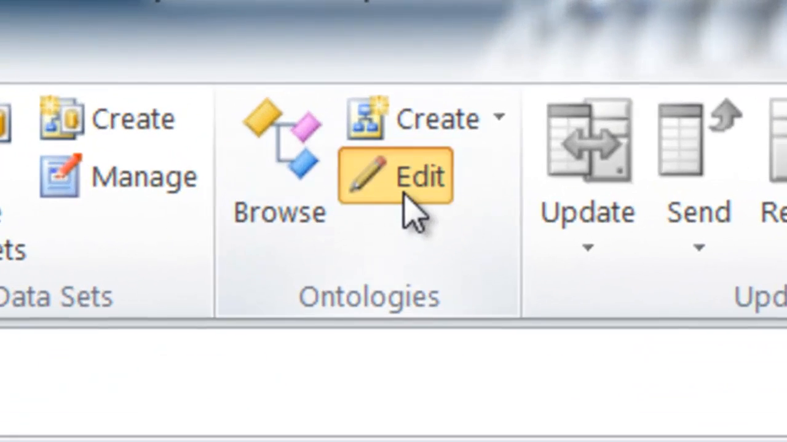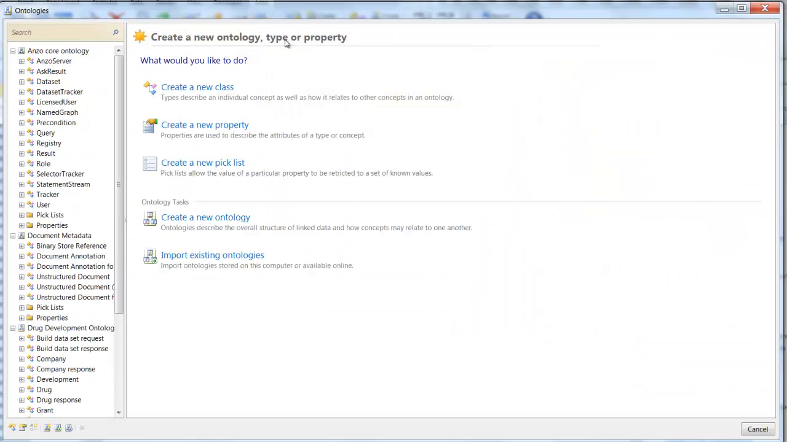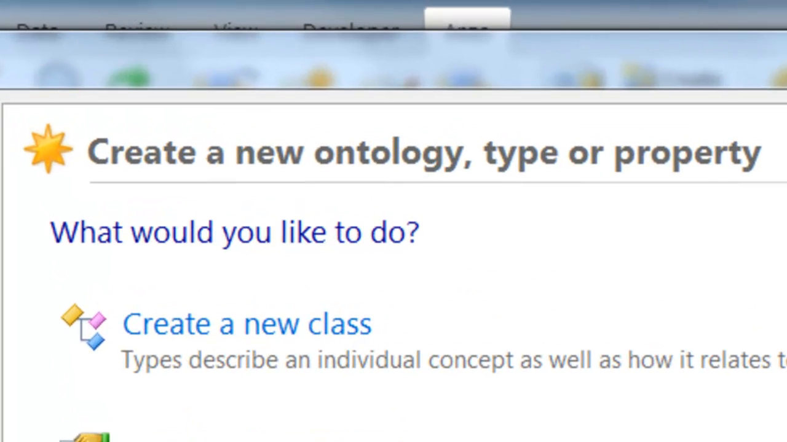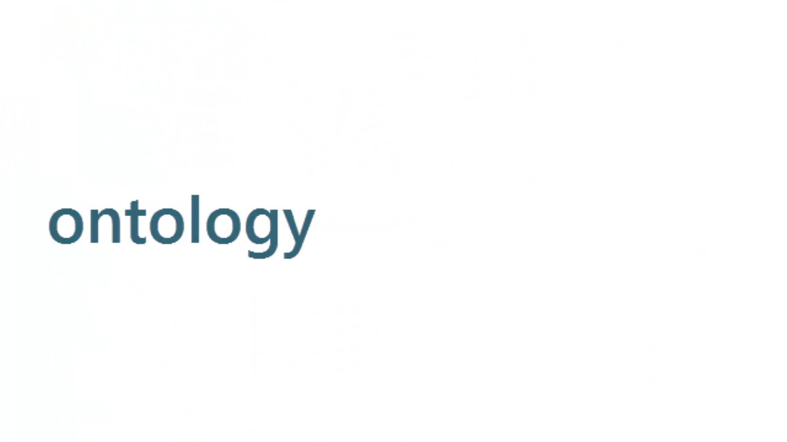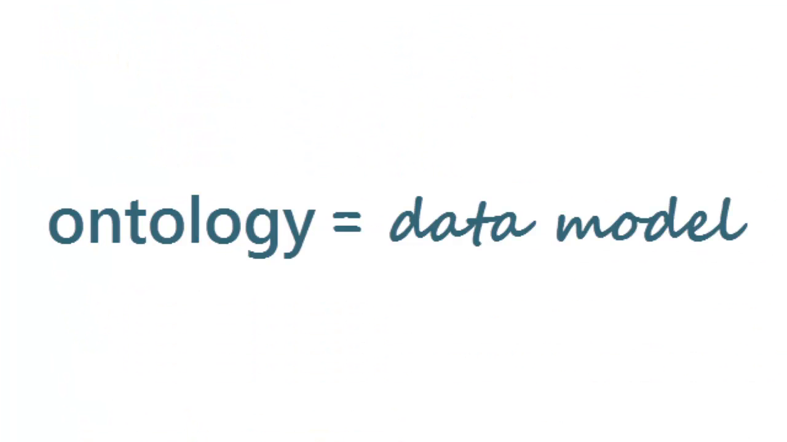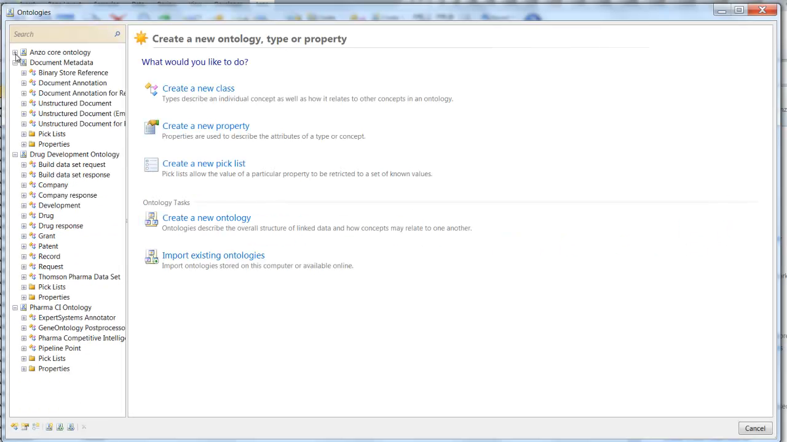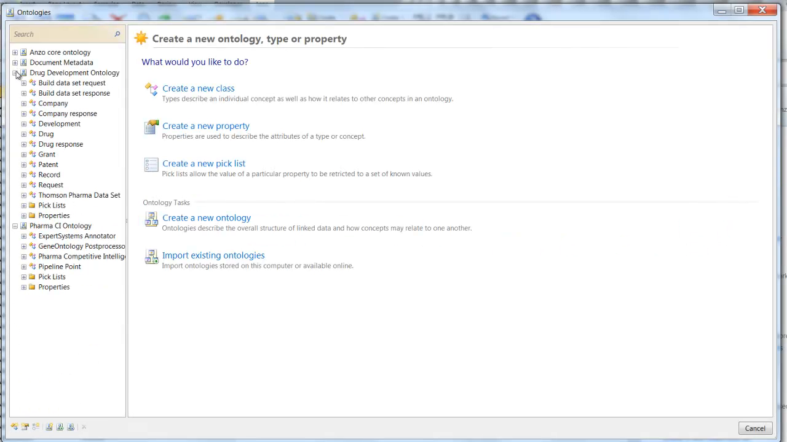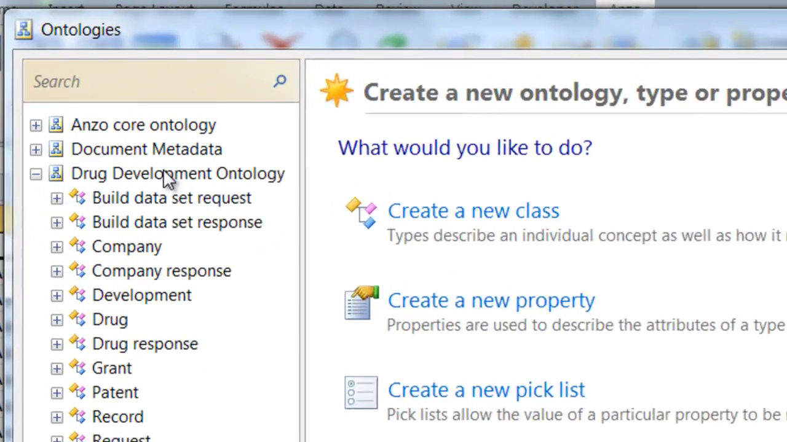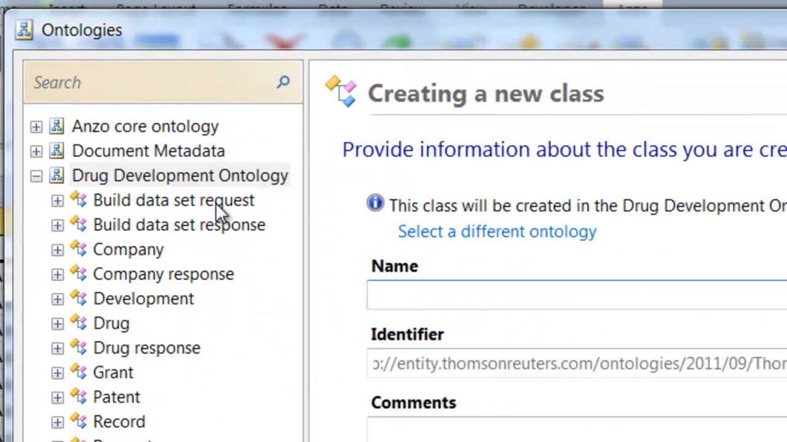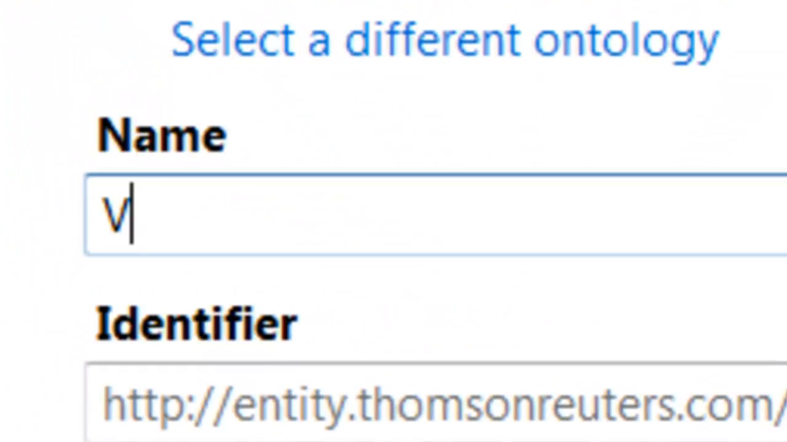and I'm going to edit the data model. Anzo has an ontology editor. And don't be turned off by the word ontology. It's just a fancy word for data model. It's got an ontology editor built right into Excel that I can use to teach Anzo about this new type of information. So I'm going to create a new class of data called VC firm,